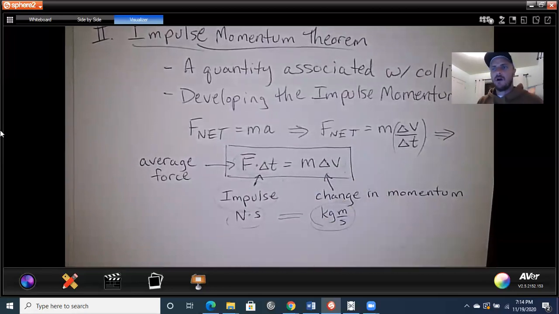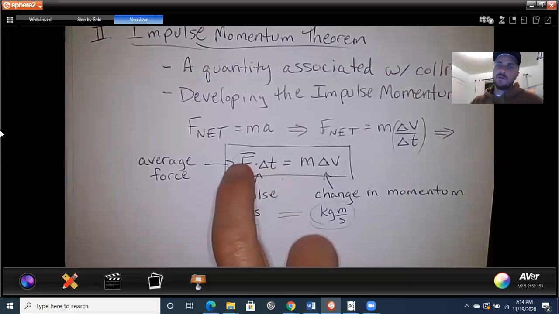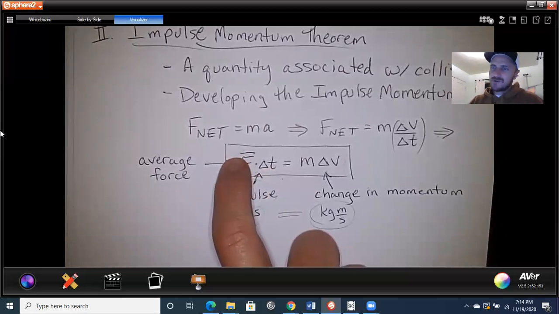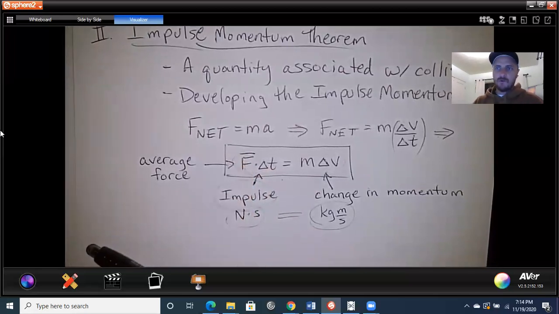Here's a great example. How about hitting a baseball with a bat? The time that the baseball bat is in contact with the ball is a very, very short time. We're talking about milliseconds, 0.003 seconds, very short amount of time. But there's usually an incredibly big force. But the thing is, that force is kind of changing throughout the hit. I want you to think about this with me. Here's the bat coming in. Let's make sure you can see the ball, right?